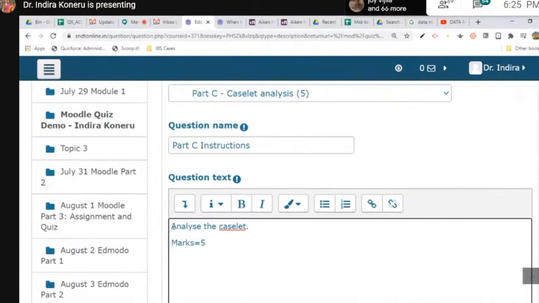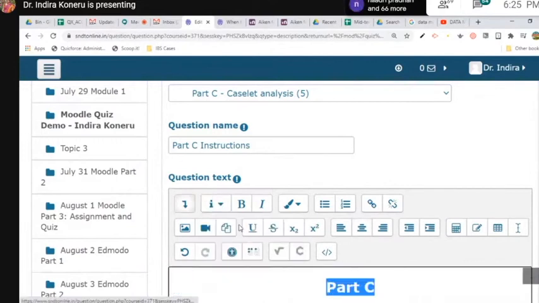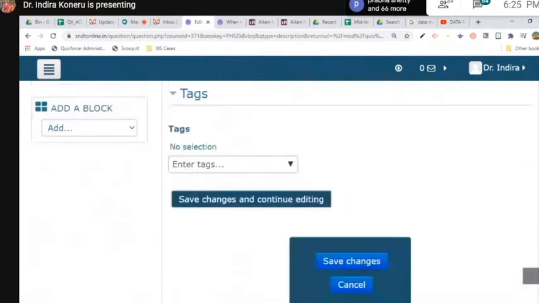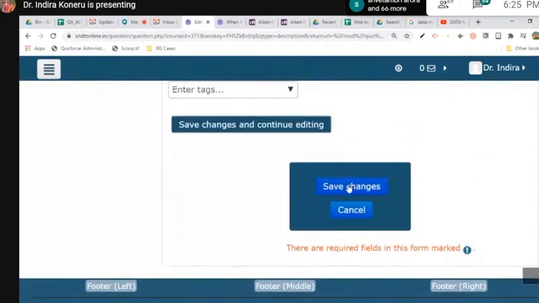Here I would also like to add this is part C, align this to center, make it heading large, and I can bold this. You know all this, how to do all this. Okay, general feedback and save changes.